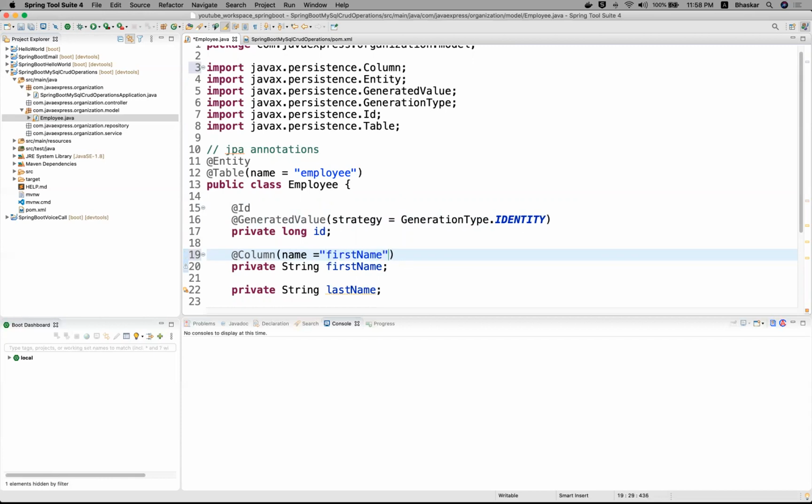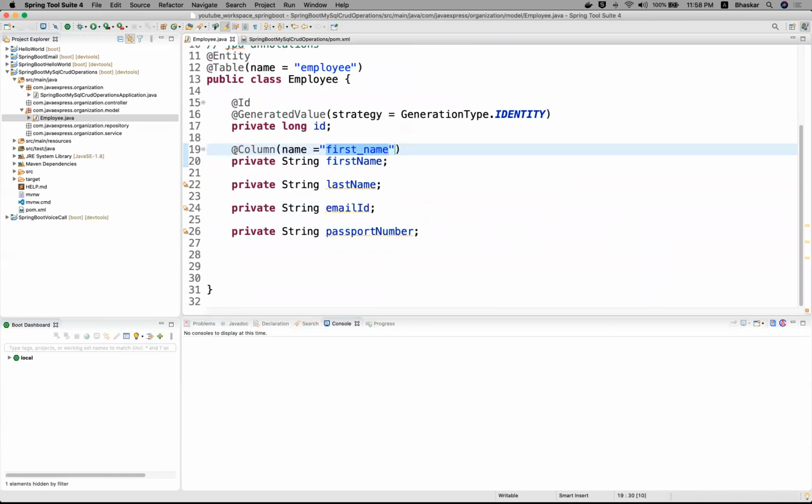I'm providing name equal to first name here. Whenever you are giving column name equal to first name, the same name will be created. Instead of doing that, I want to create first underscore name. What it will do, inside your database, it will create first underscore name. This is the column name.